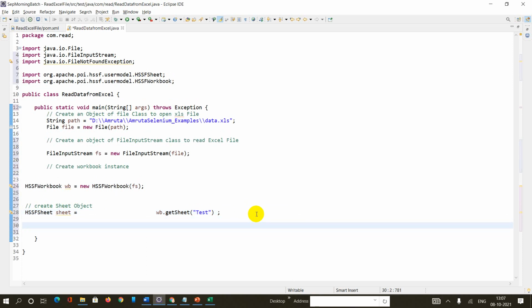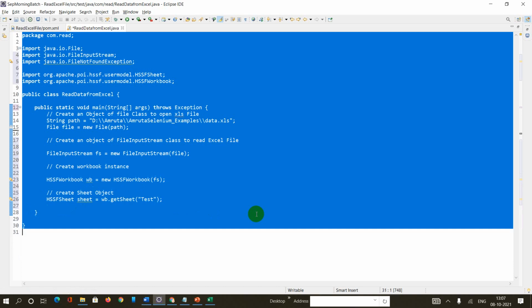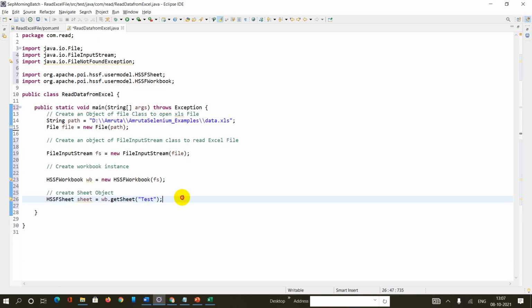Then just a second, I will need to do some formatting. Okay, then what is next? Okay, create a row object. Now I need to create my row object to retrieve